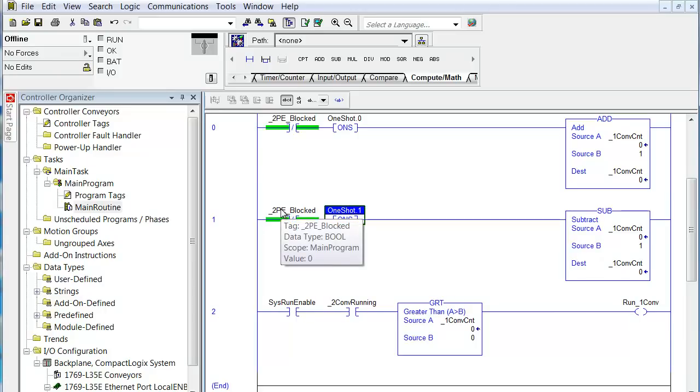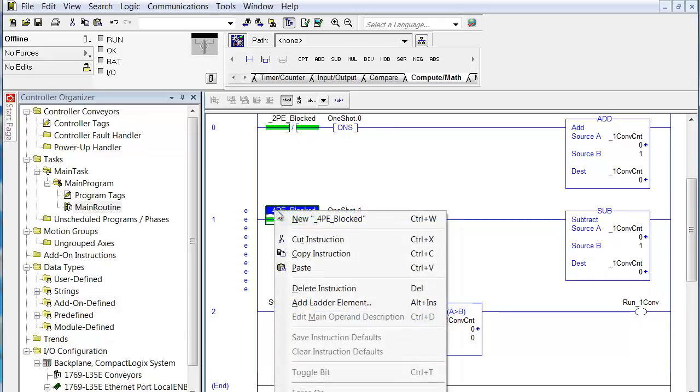Now, what photo eye do we want to use to say that when it sees the trailing edge of the carton that it is off of one conveyor? Well, you could use 3PE because that's at the exit, but it's still hanging over the edge a little bit. It cleared the photo eye. I mean, it's not truly on one conveyor, it's mostly on two conveyor, but it's better to use 4PE. So we'll change that simply by double clicking, putting the cursor behind the 2, backspace, 4, enter, and now we have an undefined tag. Right click, new,